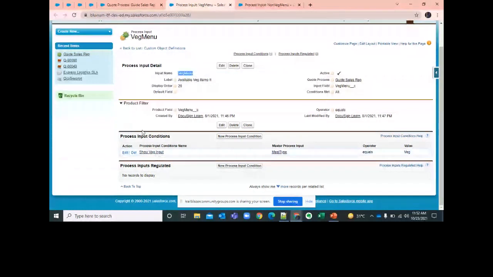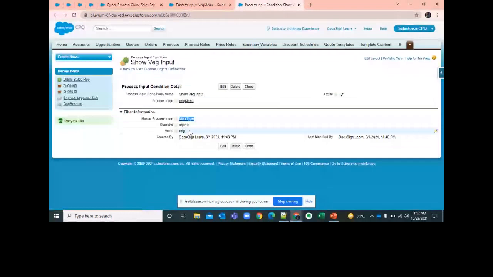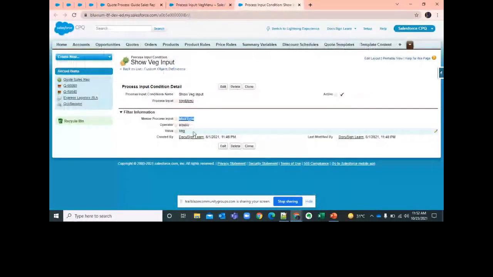So you have to create a process input condition saying: show this process input called veg menu when meal type equals veg. You have created a condition for this process input. I want to show this process input only if meal type equals veg.